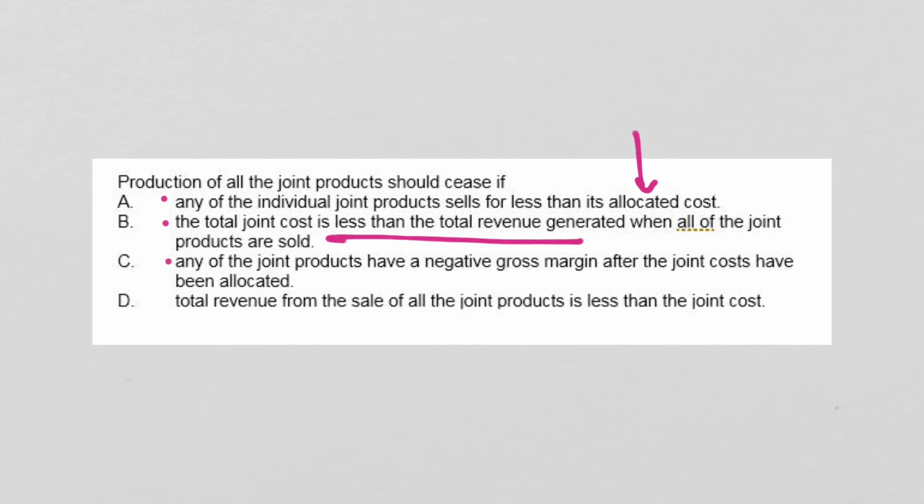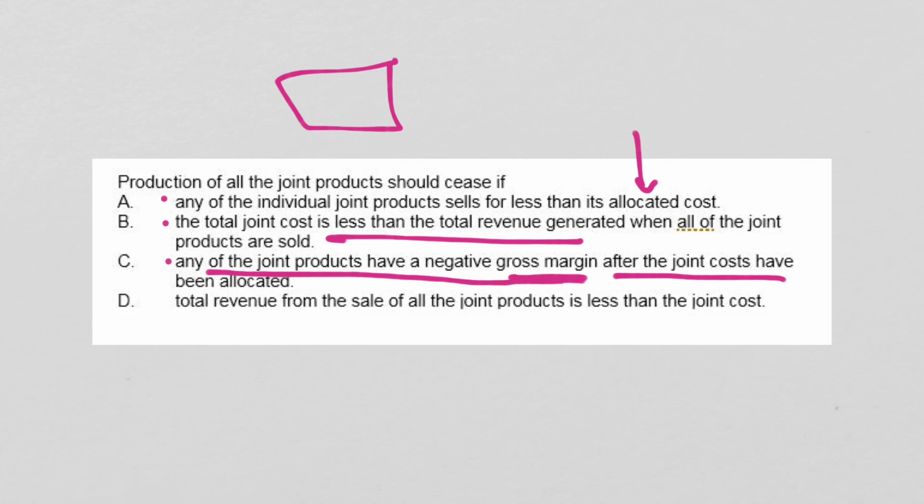What about C? Any of the joint products have a negative gross margin after the joint costs have been allocated. And yeah, that's not a positive thing. That's true because we're talking about gross margin here. But the key is it's looking at any of the joint product costs having a negative gross margin after the joint costs have been allocated. So you have to think again, like that diagram I showed before with the cement. If the cement is up to the point of the split off, if those costs are yielding A, B, and C products,